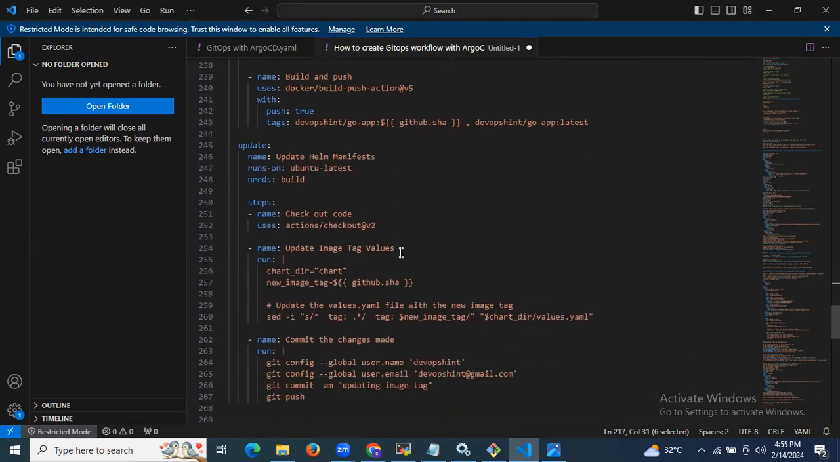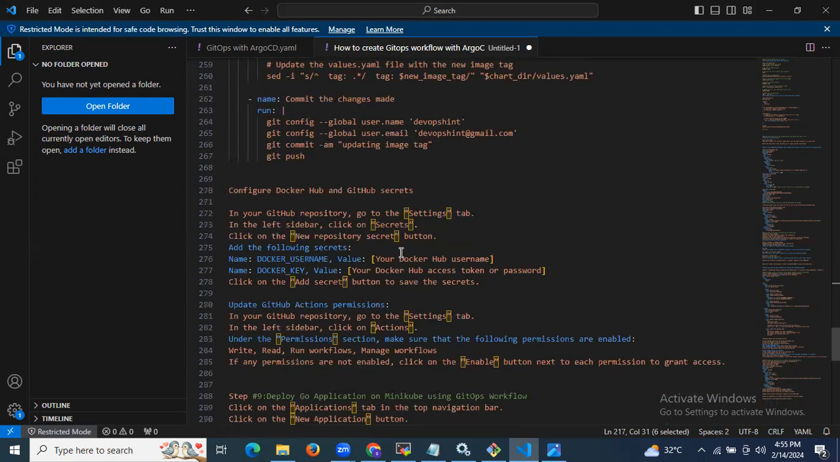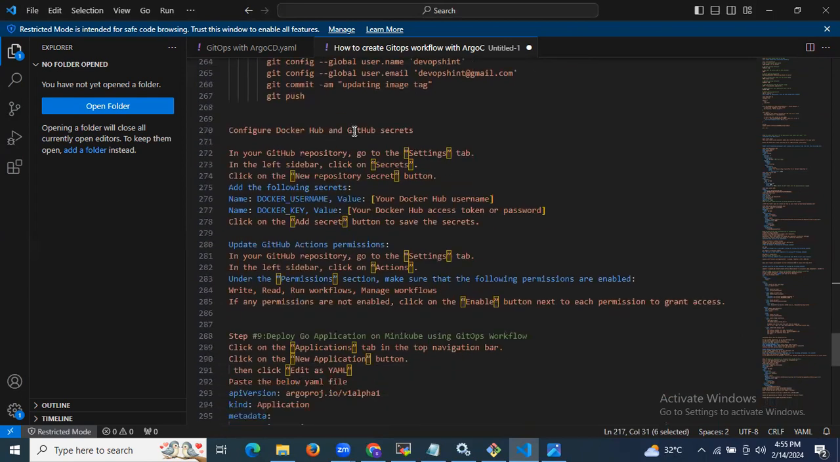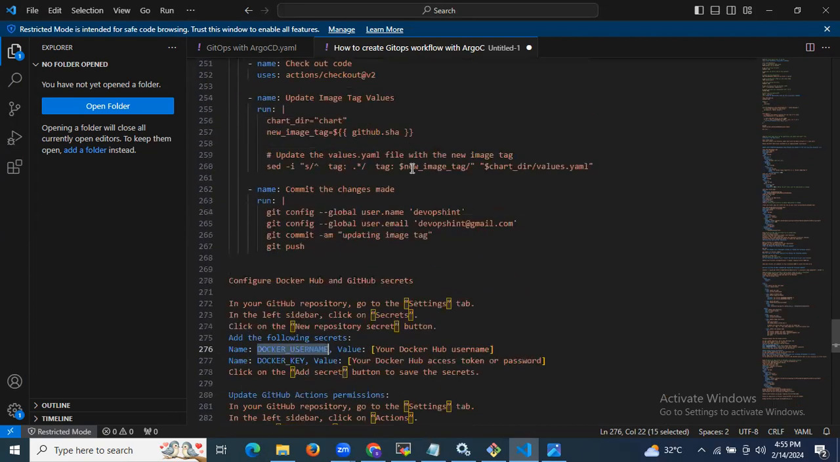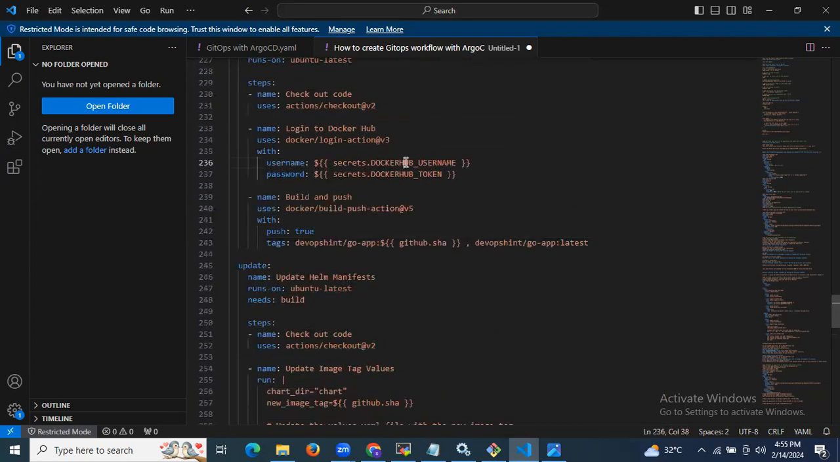So before creating our workflow, we need to configure the Docker Hub and GitHub secrets, right? First of all, in your GitHub repository, go to the settings tab. In the left sidebar, click on secrets and click on new repository secret and add the following secrets. The first secret is Docker username. So let's add it. As you can see in here, DockerHub username, right? So I'm going to copy the name, DockerHub username,